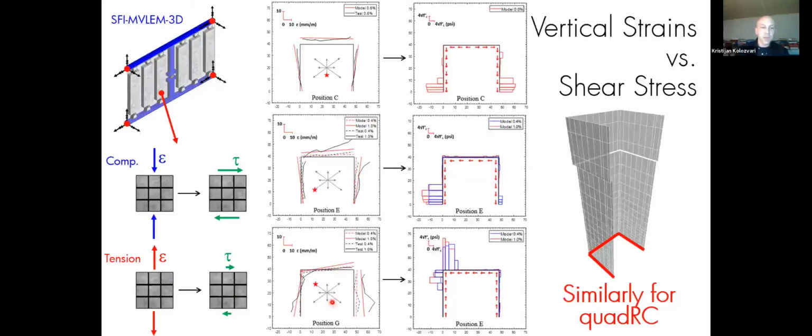And similarly, pushing it this way and northwest, again, all the shear is resisted at this boundary here. I think this is important not just from the modeling and research side, but also the engineering side, because